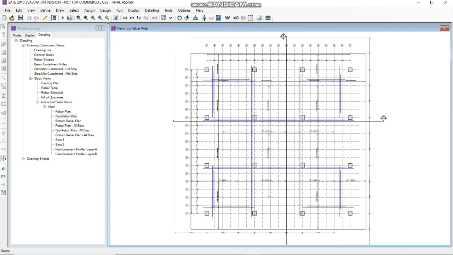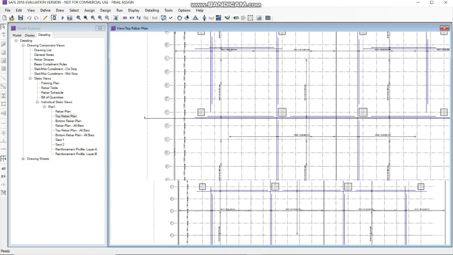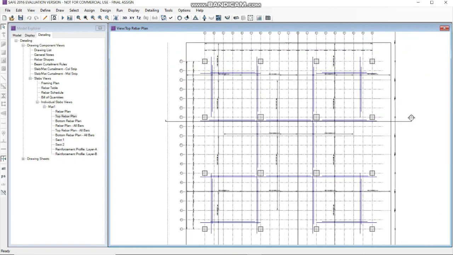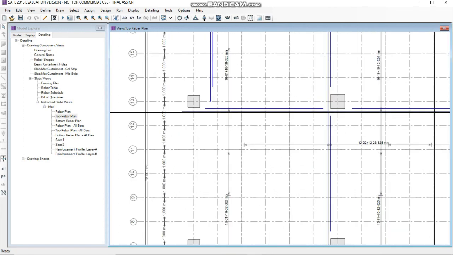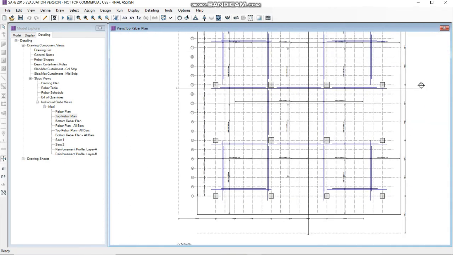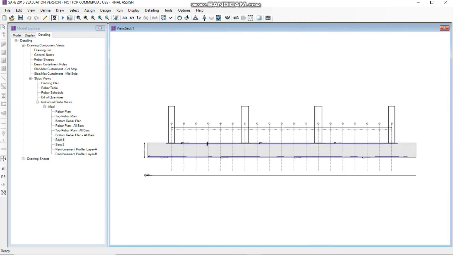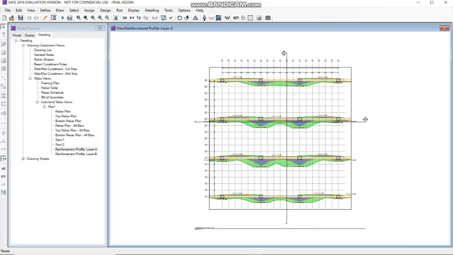The rebar is placed like this. If you zoom, you can see the values. You can see the sectional view of the foundation and the reinforcement profile. So this is it from the detailing part.